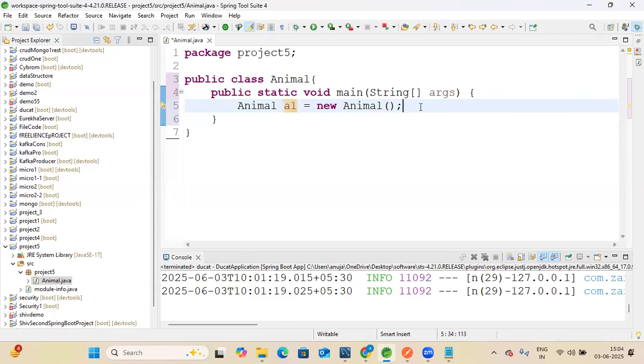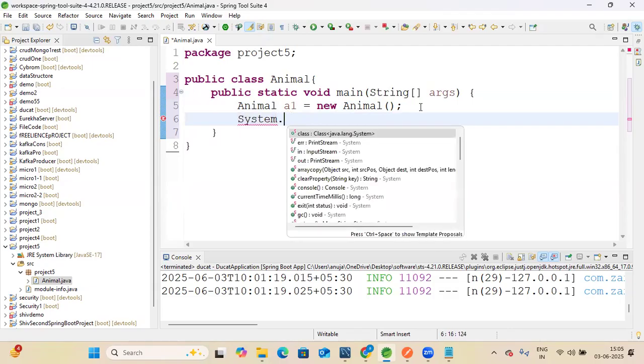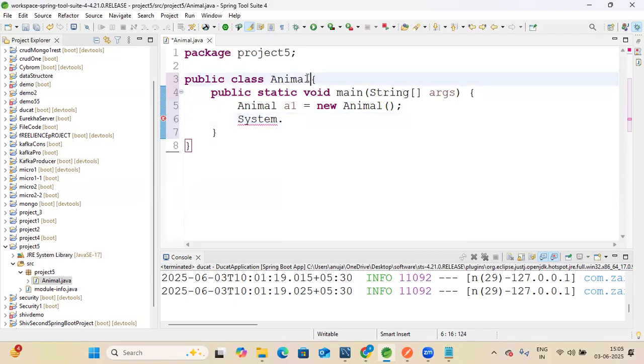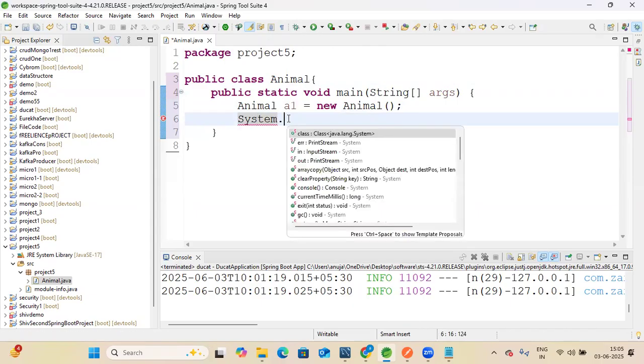Okay, so let me show you how to print anything inside a class. In Java, for printing anything inside a class, there is a syntax like System. System is a predefined class which is already defined inside Java. And Animal is a user defined class, which we have created. Then System dot